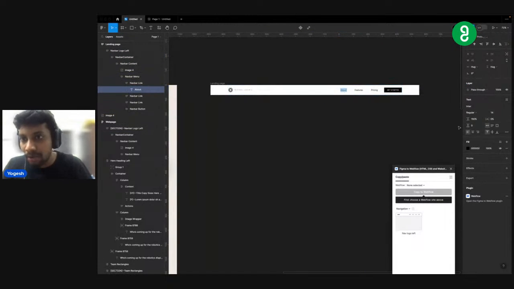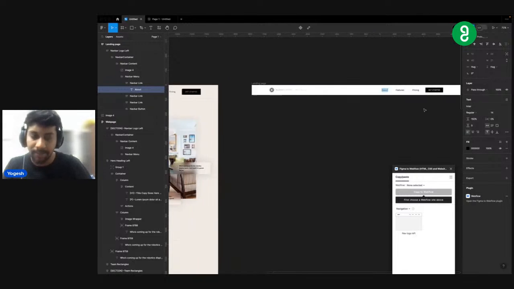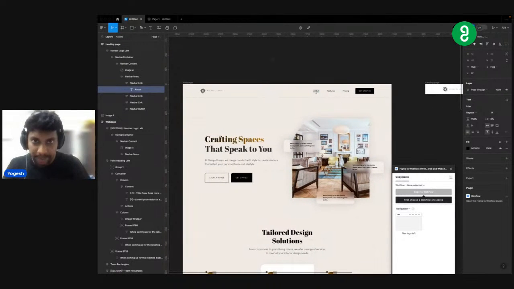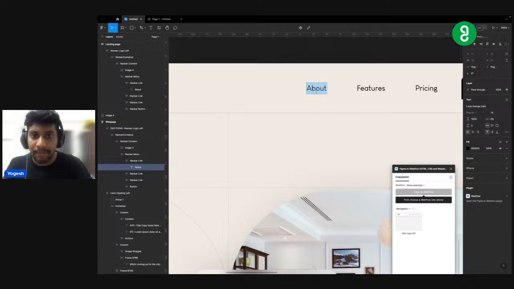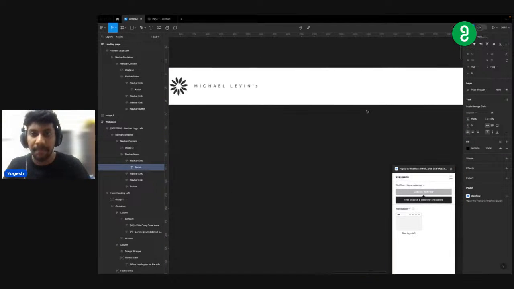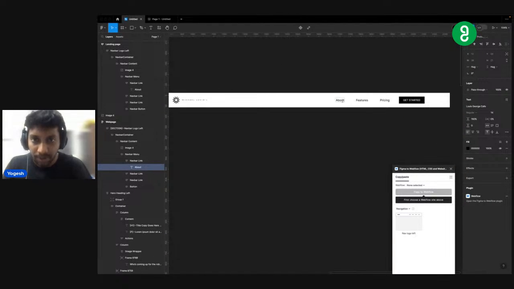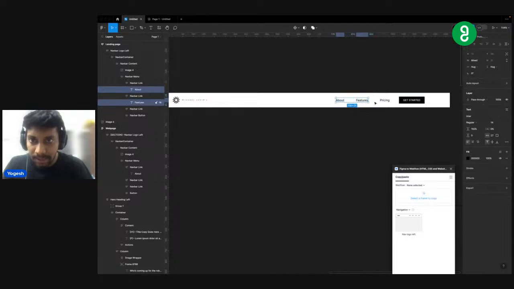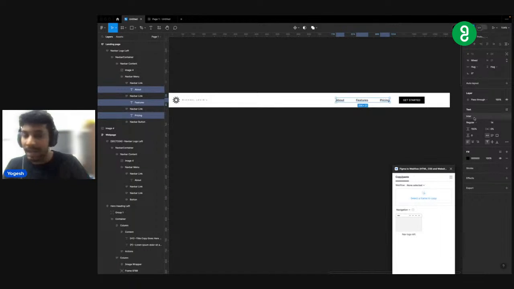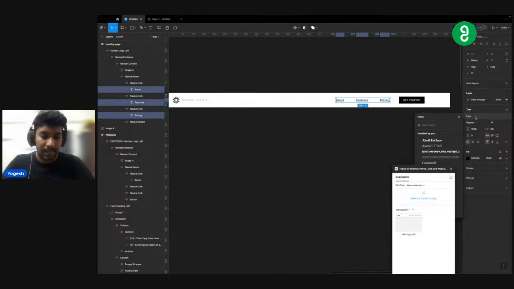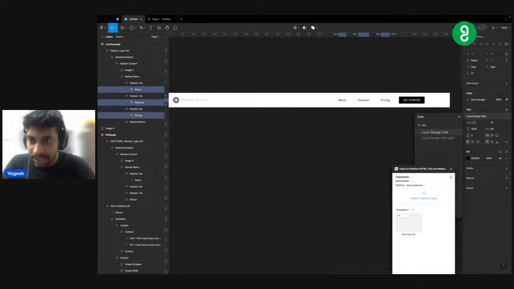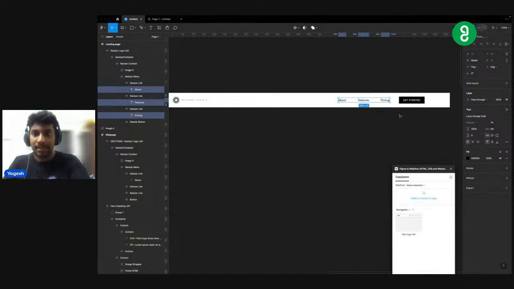So the font over here that's been used is Inter, which is a very basic font. But if you wish to change the font, definitely you can. So over here I've used a font called Louis George Cafe, and I'll be using the same font over here as well. So let me select this one and this one and this one. I'm pressing Shift and selecting it basically, and I'm gonna say Louis George Cafe, and that's gonna be the font